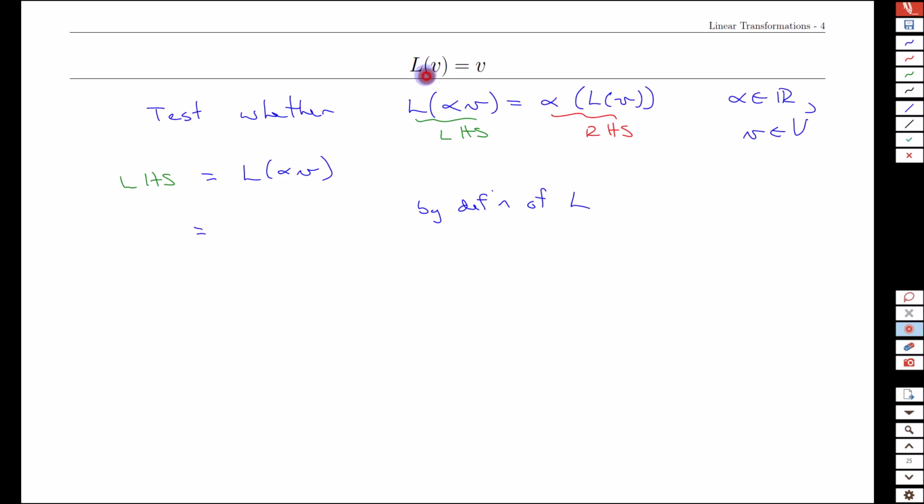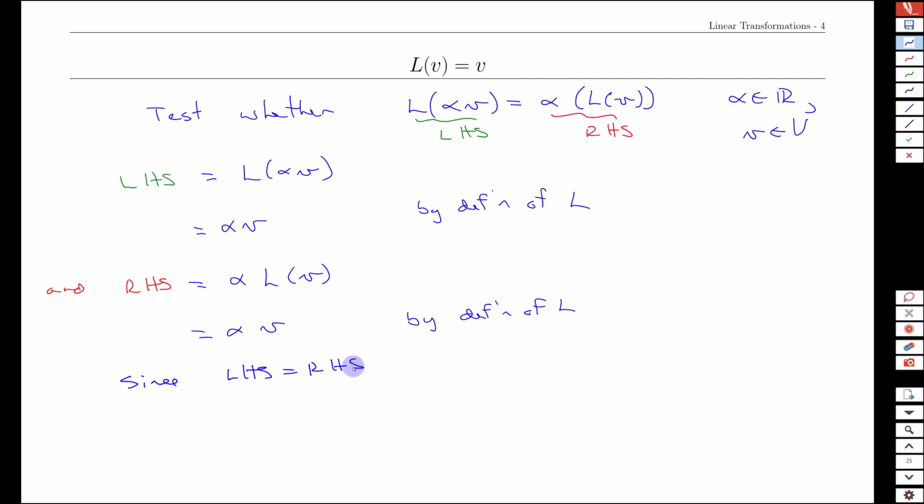Our specific L in this case takes any input and just gives you the same output back. It's going to be alpha v. Meanwhile, the right-hand side of that equation that we're considering is alpha times L of v, and again, by the definition of L, this time I just have L of v, but L of v is just v by itself. We're going to get alpha v, and since the left-hand side equals the right-hand side,